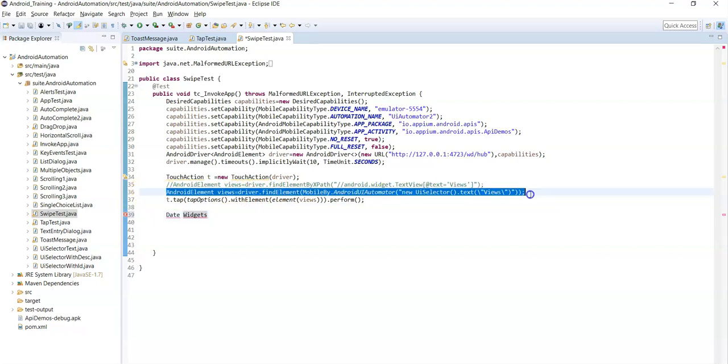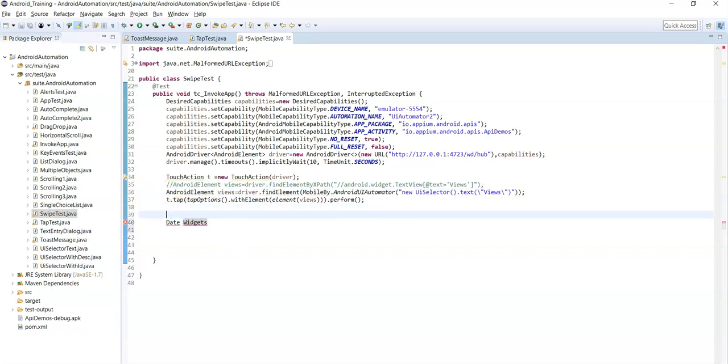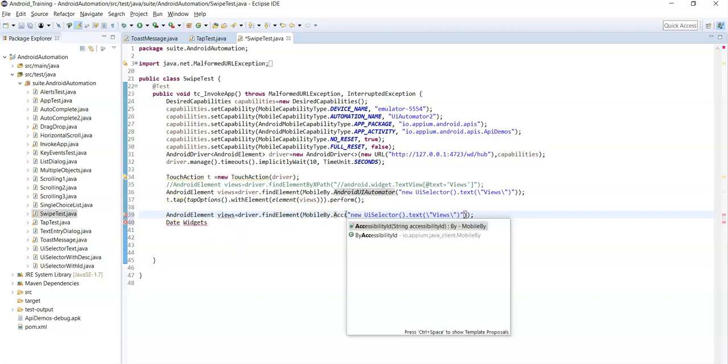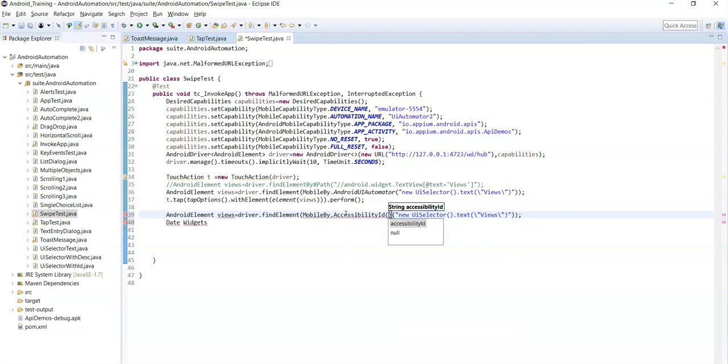Now copy this statement. Find element mobile by accessibility ID. Place this content desc value inside accessibility ID method. Right.